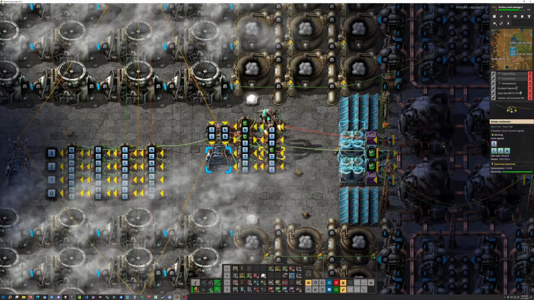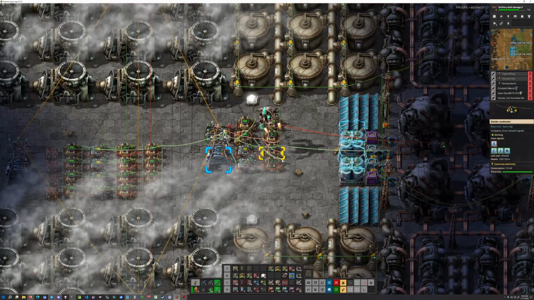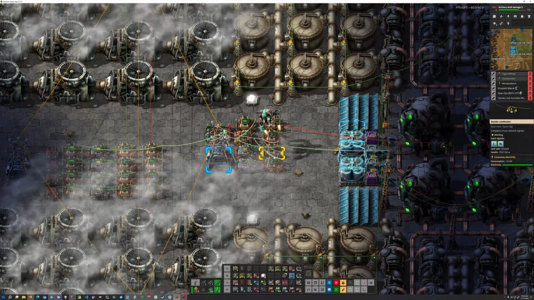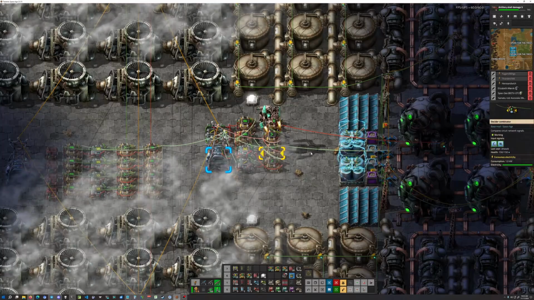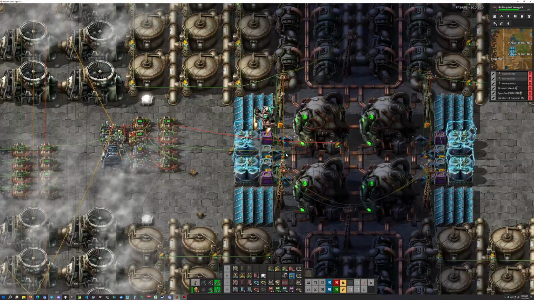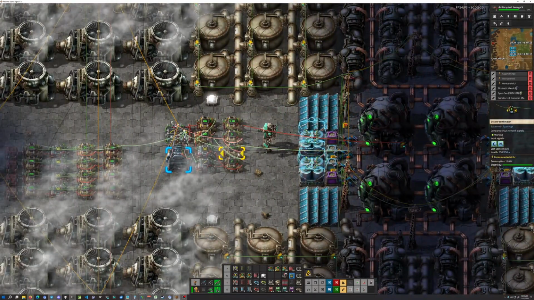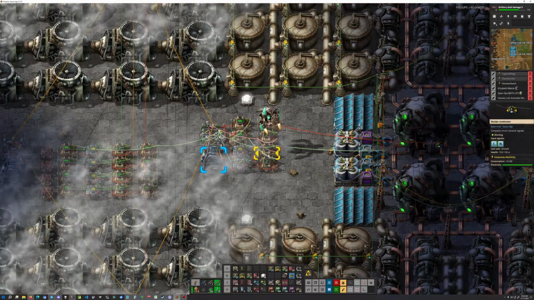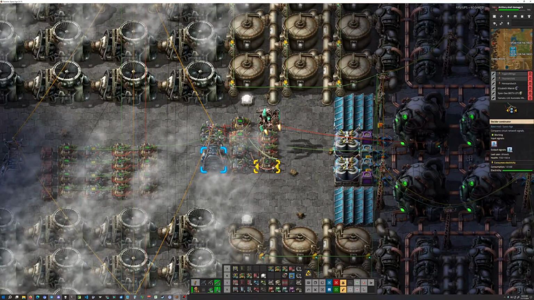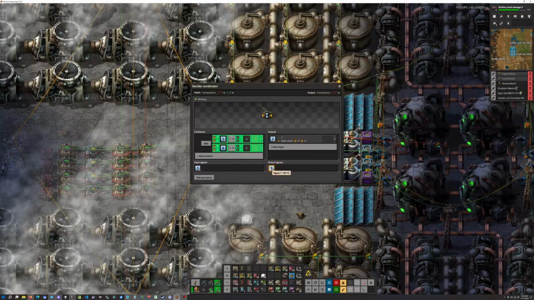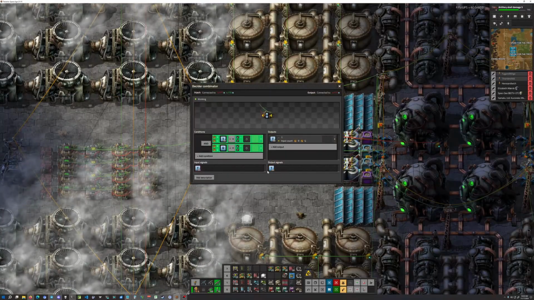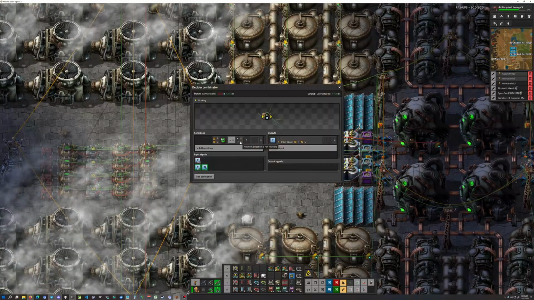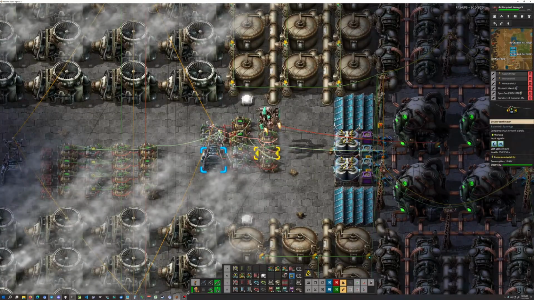So this accumulates the idle time. This basically is a leading edge pulse of the reactor being fueled, to pulse out the idle time in ticks. That is fed into here alongside another pulse